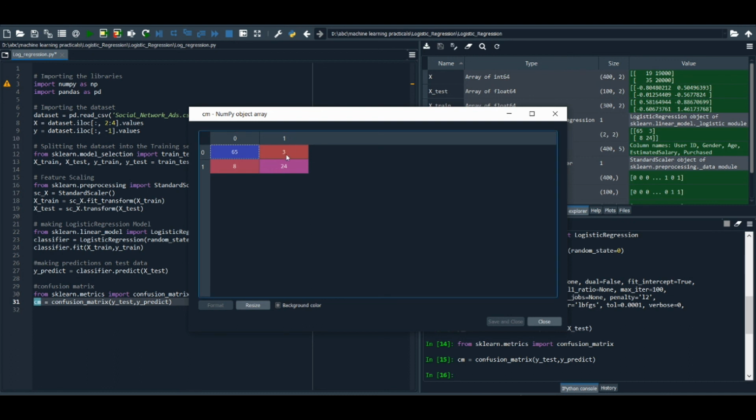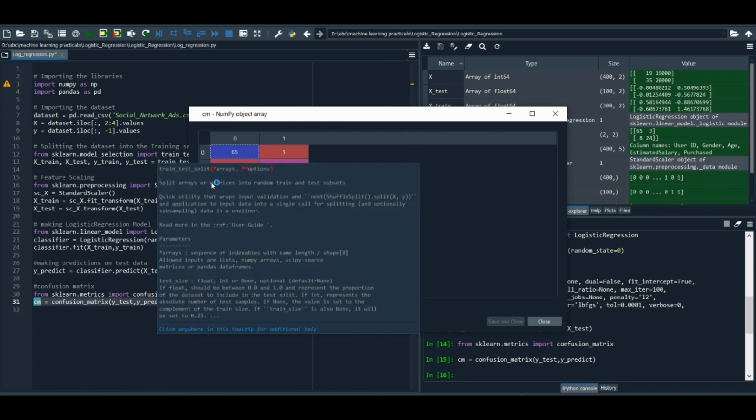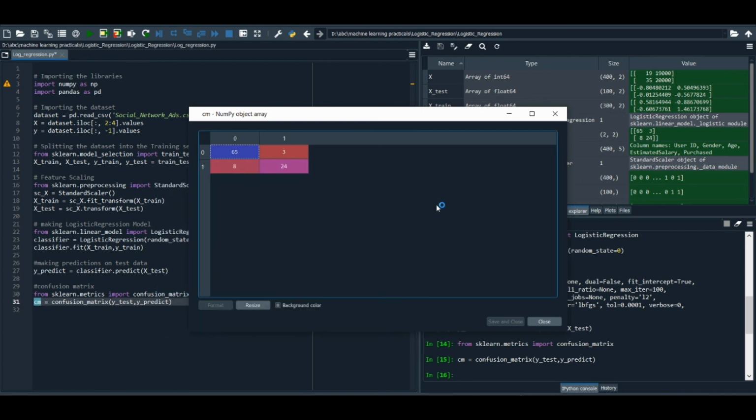But there are three actual values where the value was 1 and our model made a prediction of 0, and there were around 8 values where the actual value was 0 but our model made a prediction of 1. So in this way we can see how accurate our model makes predictions.